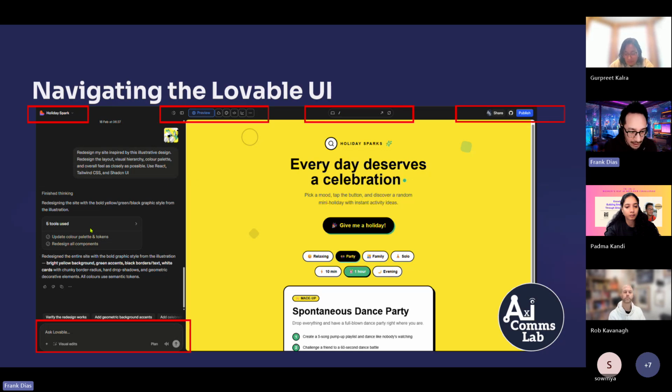Now, one of the top tips I would say is there's a button called Plan. When you click on Plan, it allows you to have a conversation with Lovable without actually getting Lovable to build stuff. Now, why am I telling you about that? When you have a conversation with Lovable whereby you don't want it to do building, you just want a partner to chat through some of your ideas, you click on Plan and it doesn't use up any credits whatsoever.